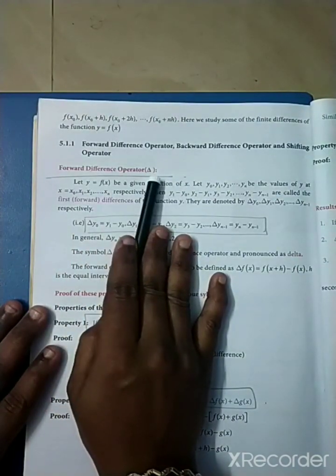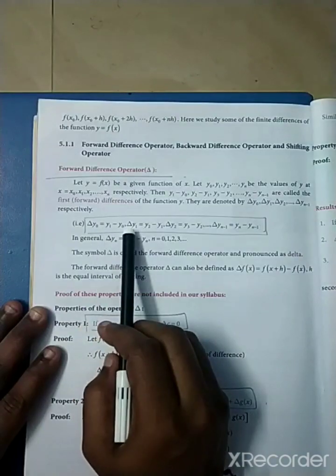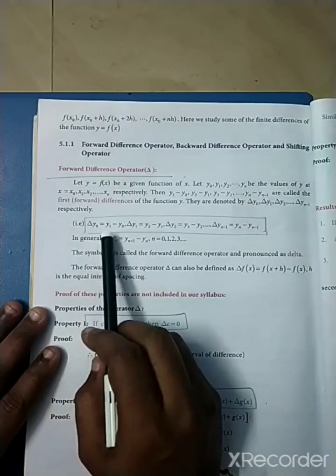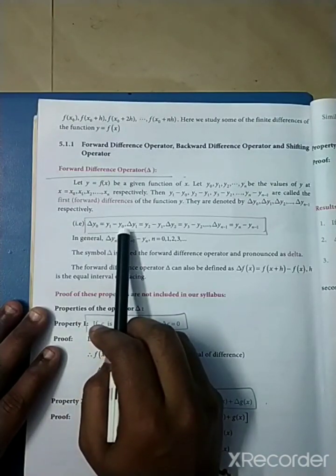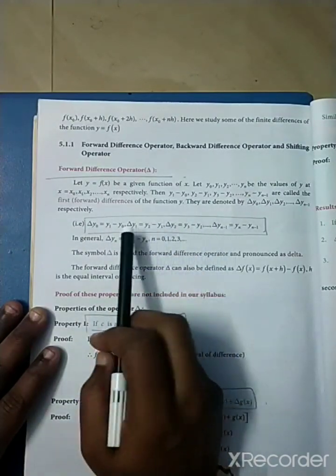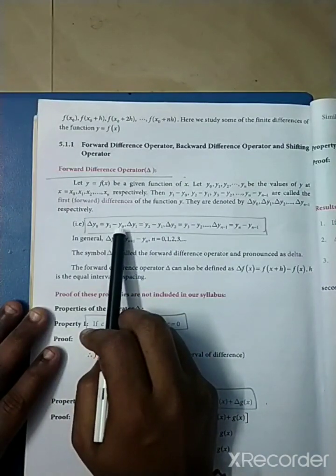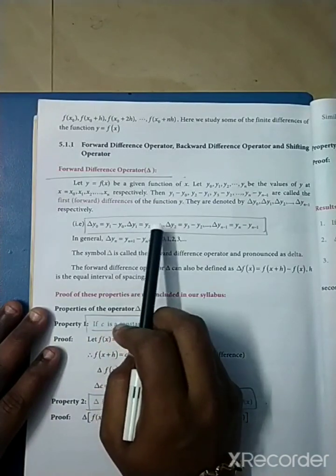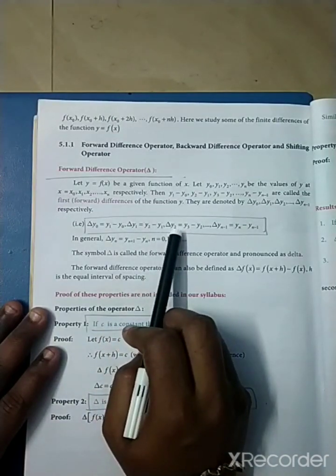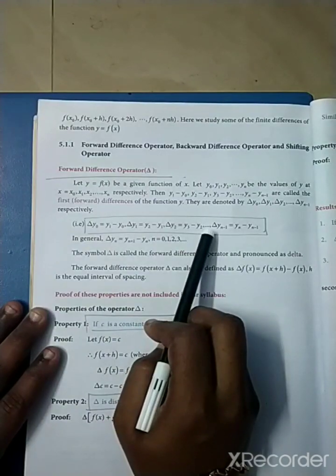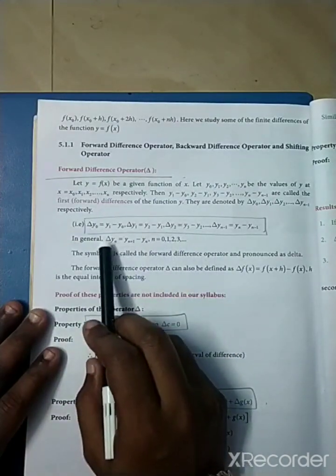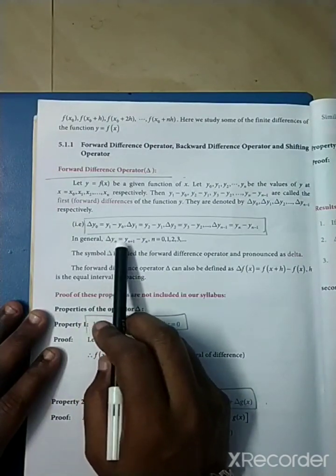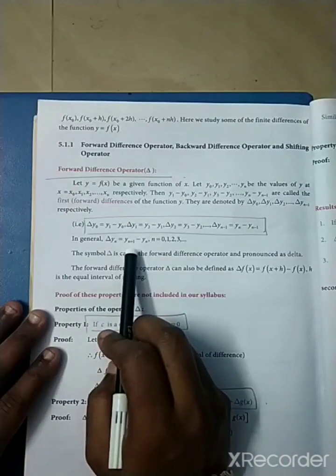Forward difference, that means as and when we move forward, we have the formula as delta y naught is equal to y1 minus y naught. That is the second value minus the first value. The first value is taken as y naught. Similarly, delta y1 will be equal to y2 minus y1. Delta y2 will be equal to y3 minus y2. So, in general, our delta, that is the triangle symbol,